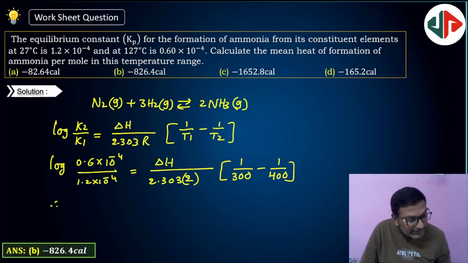So from this we will get delta H value minus 1663.69